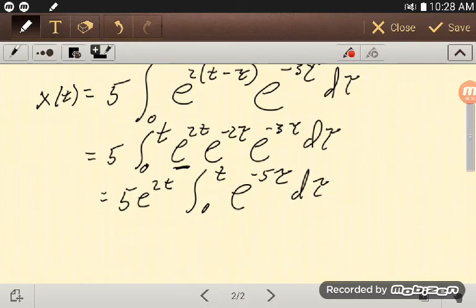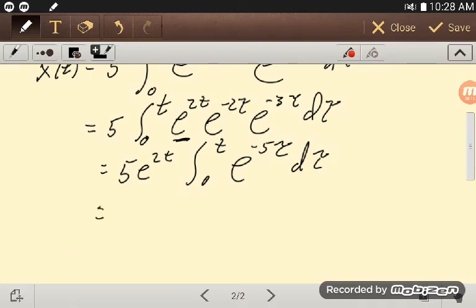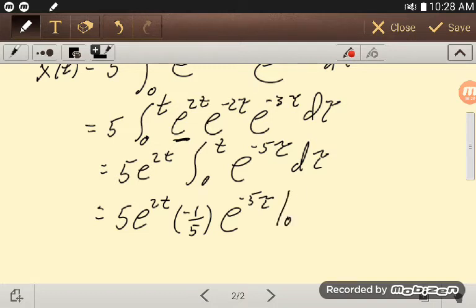So I have that, and so that's 5 e to the 2t, and integrate this, I'll get a negative 1 over 5 e to the minus 5 tau, and that goes from 0 to t, and so that's equal to